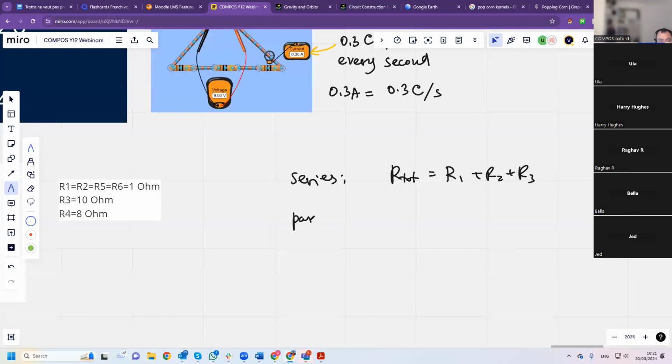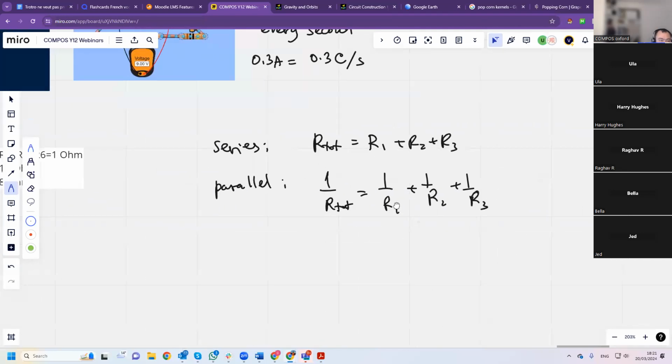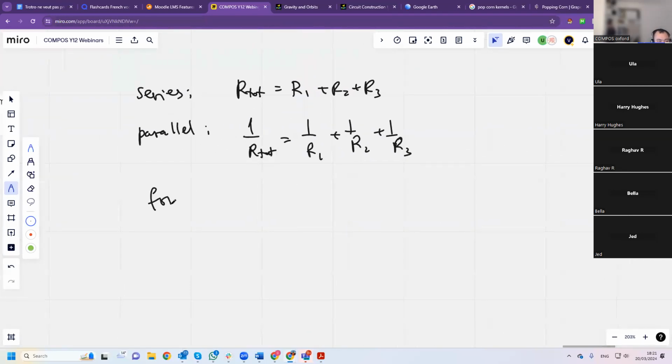And in parallel, 1 over the total resistance equals 1 over R1 plus 1 over R2 plus 1 over R3. For two resistors in parallel,